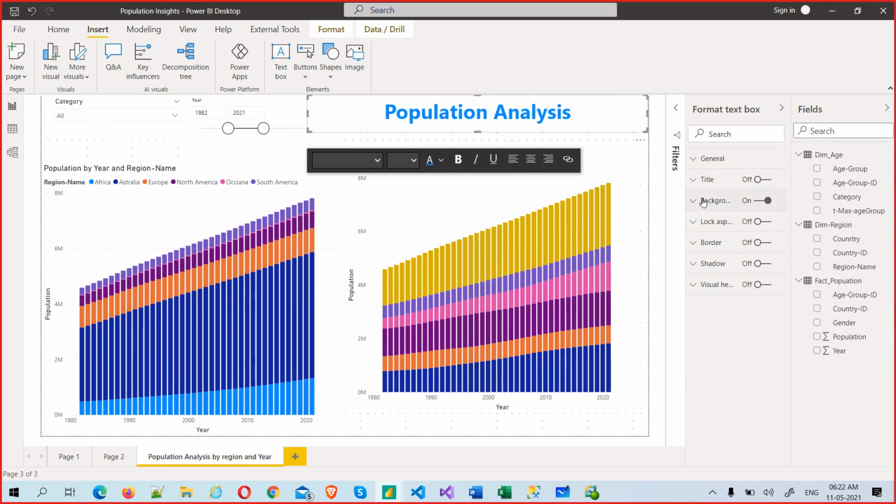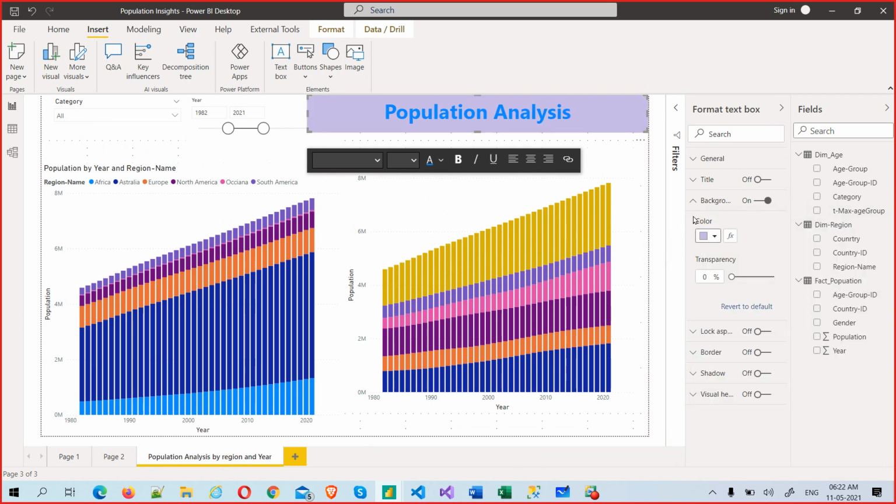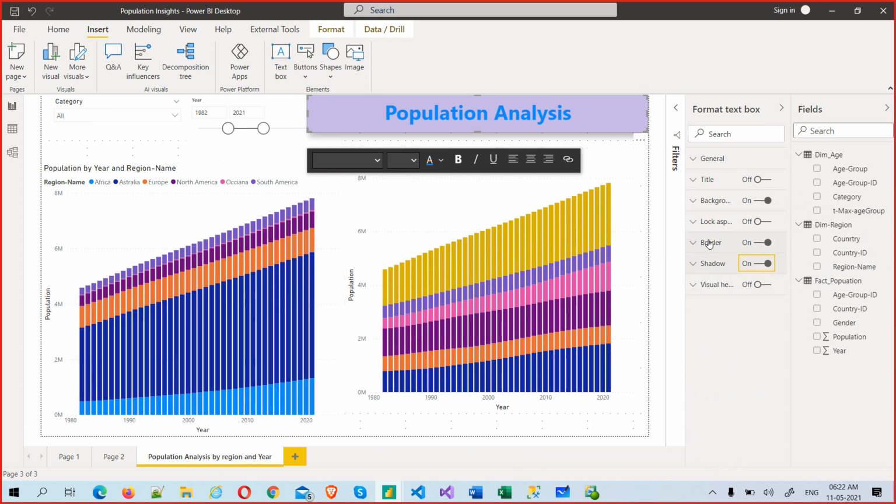You can have a background color. If you want to, you can change the background color from white to something else. You can do a lot of things. Borders, if you want to turn on borders, you can add that. Shadow, if you want to add a shadow, you can. What is the border here? We have the border black, and the radius is nothing.